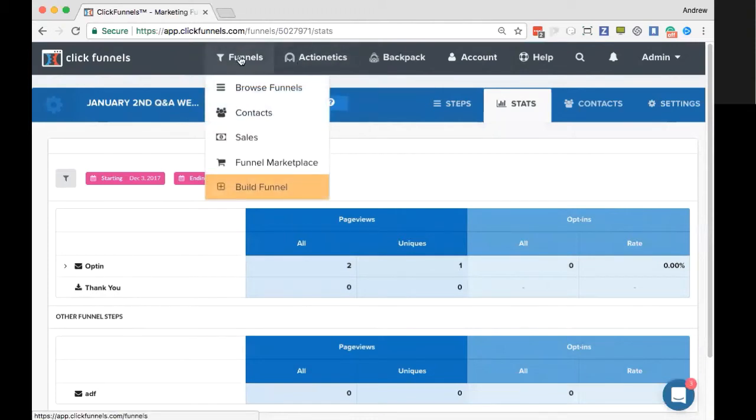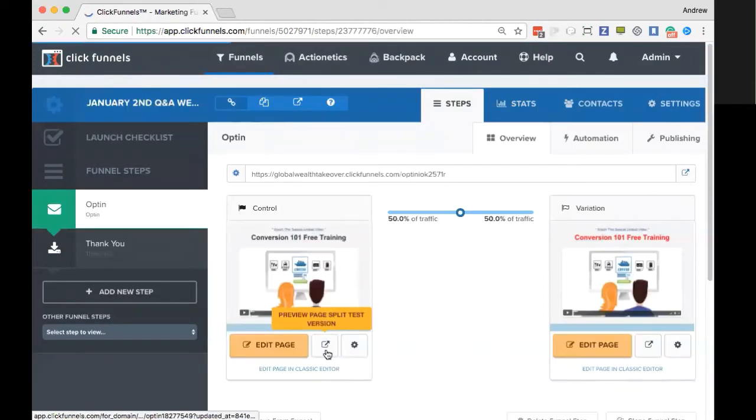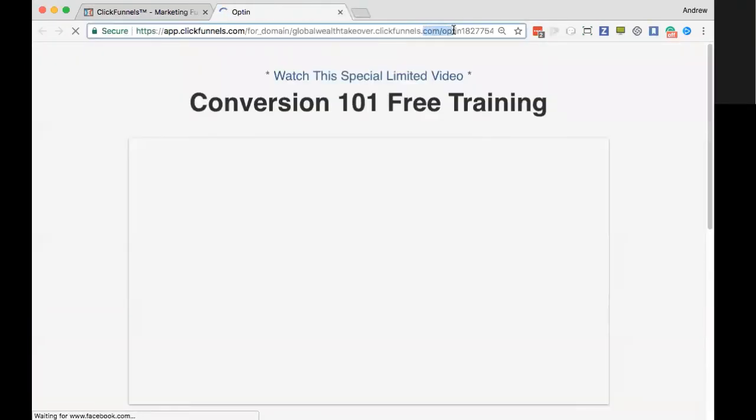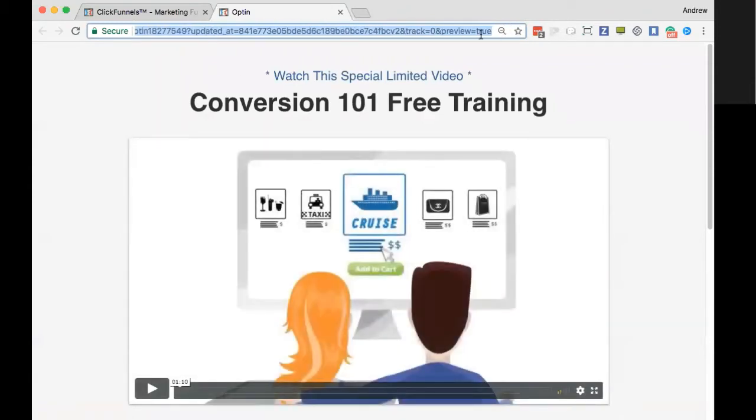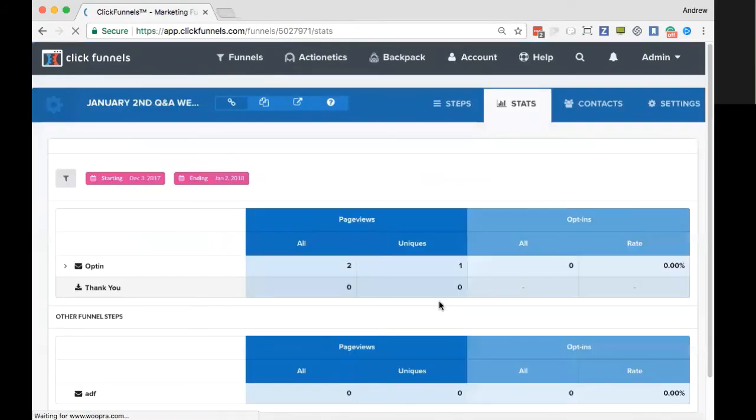The second thing with tracking is if you go back out to the funnel itself and you preview the page. Okay, so for example, if we use this URL, this is actually a preview tab, and you can tell up here in the URL, it actually says preview as well at the end there. This is actually not going to show in your statistics as a page view because you're previewing the page. So if you go to the live page, yes, you're going to see your statistics change. If you go to the preview, you're not. Hopefully that answers your question.